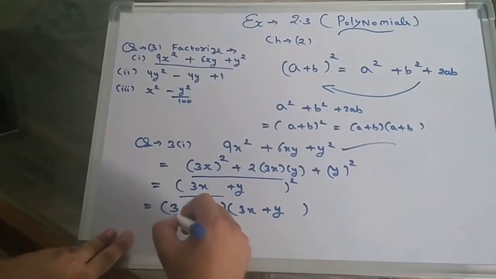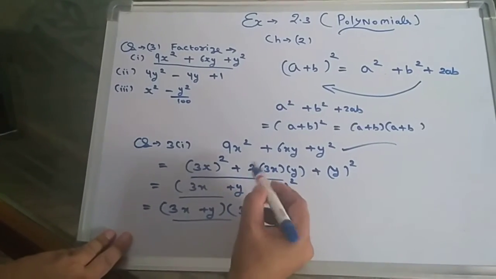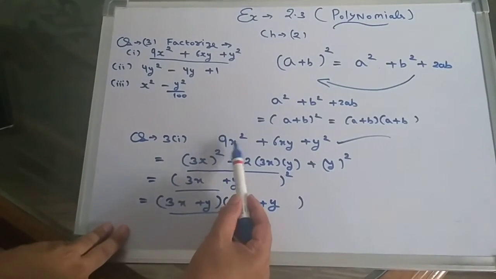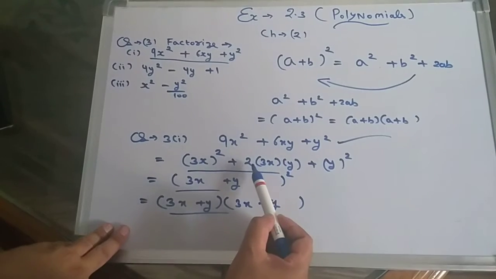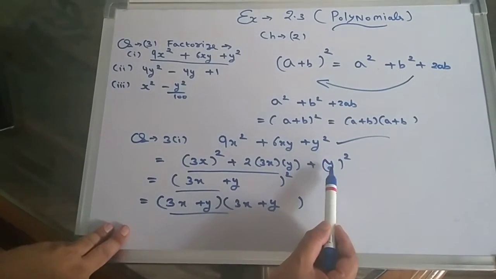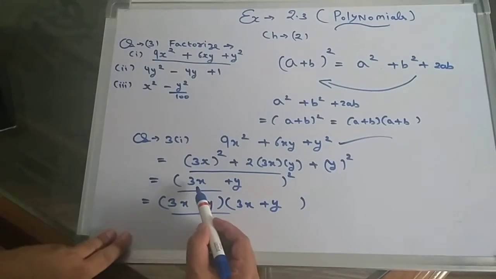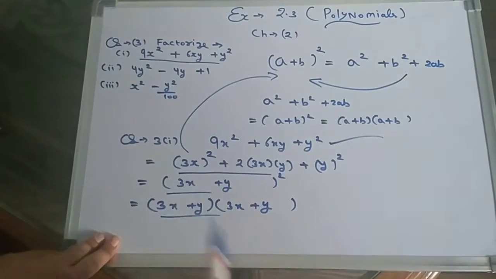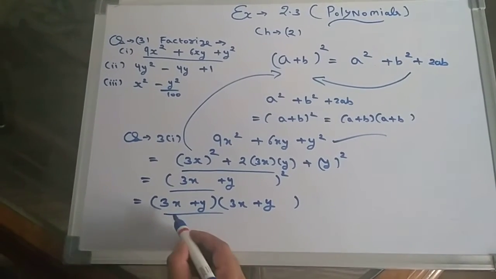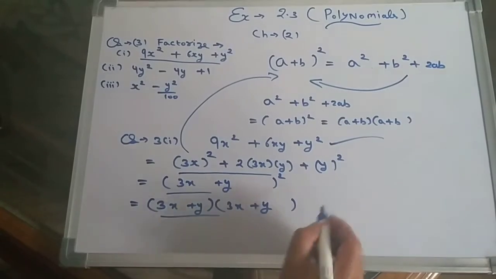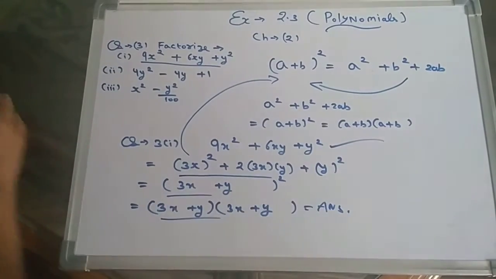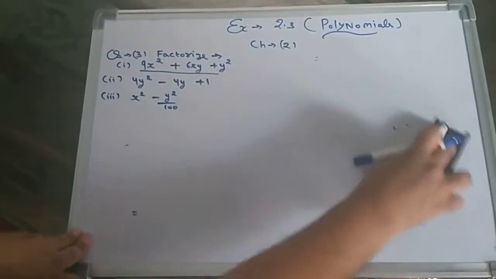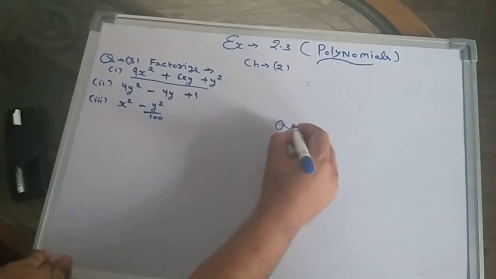It's simple. You can solve this question in 4 steps. First you have to write the statement, then you have to factor 9x square as (3x) whole square, 6xy as 2 into 3x into y, and y square as y whole square. Then it becomes the formula of (3x plus y) square by using the identity (a plus b) whole square, and then you can multiply it, (3x plus y) into (3x plus y). This is our answer. Now I can factorize its second part by using the identity (a minus b) whole square.